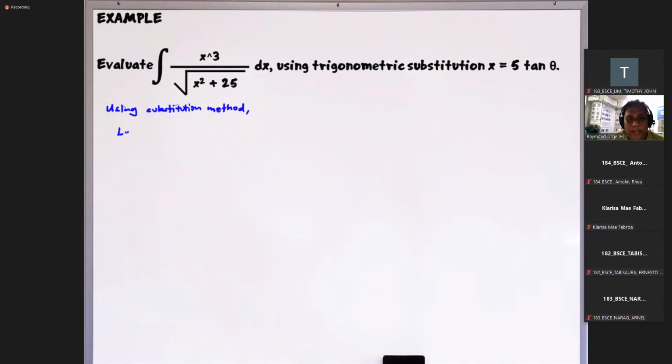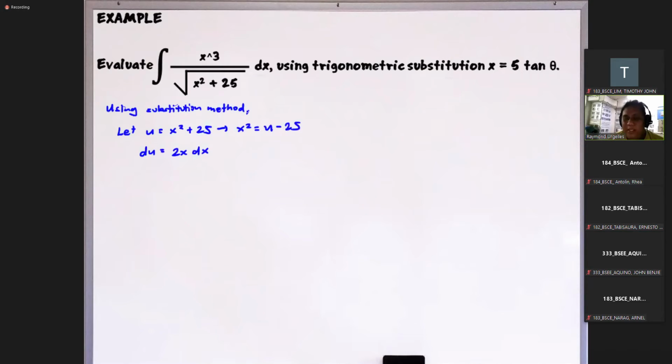Magle-let muna ako ng variable u, for example. Again, ang gagamitin ko yung nasa denominator or yung nasa loob ng radical natin. So we have u equals x squared plus 25. If I get du, du will be given by 2x dx. Gaya ng sabi ko kanina, kailangan natin ng x dx dun sa numerator. May matitira kasing x squared dun sa numerator, so kailangan natin i-solve si x squared kasi dapat malipat natin lahat ng variable sa u. So this will be u minus 25.